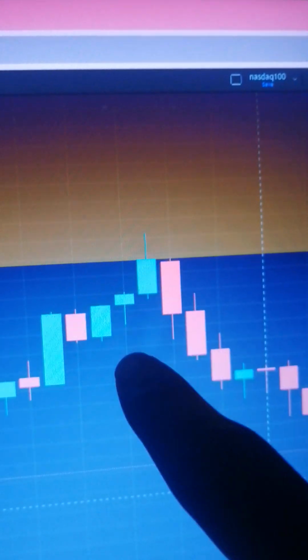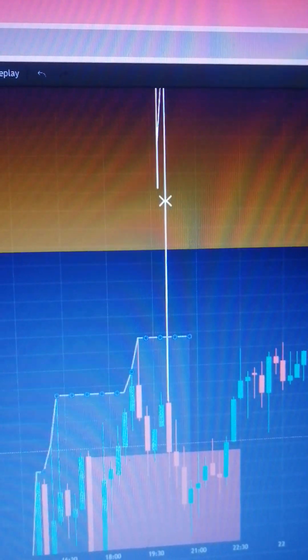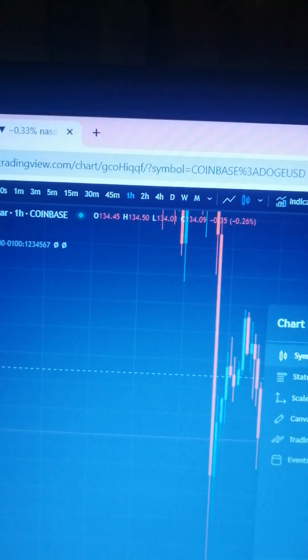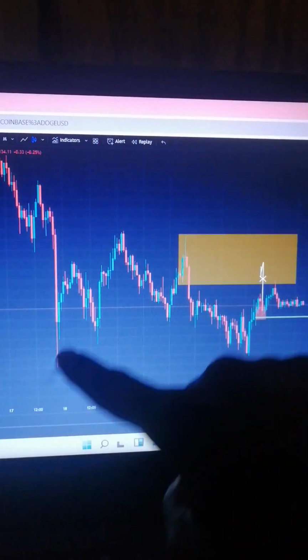It could go deeper in or not. What is important is that the price needs to touch it. It might reverse just from touching it, as it did here. It has just touched this 4-hour order block and it starts shooting down. You see, you can go on the 1 hour time frame as well. This is the 1 hour time frame, and you'll see we're in a downtrend. Price is still making lower low, lower high, lower low, lower high,